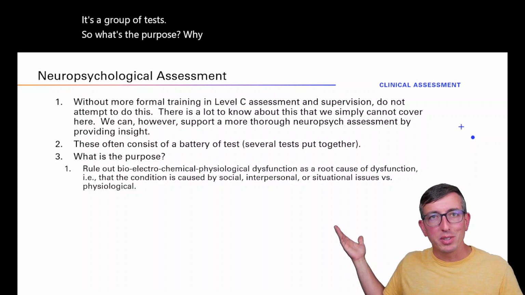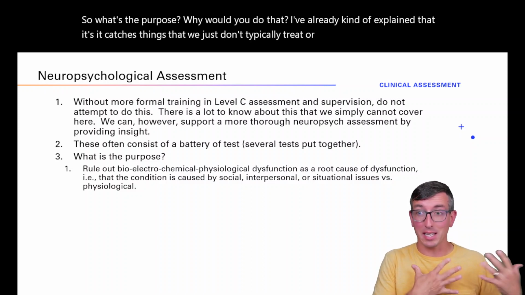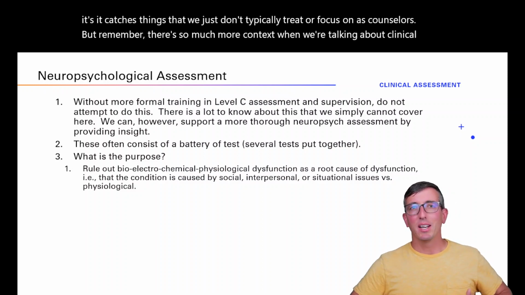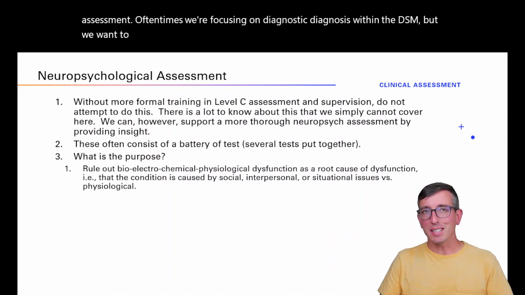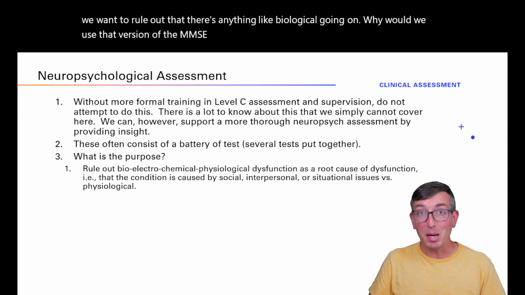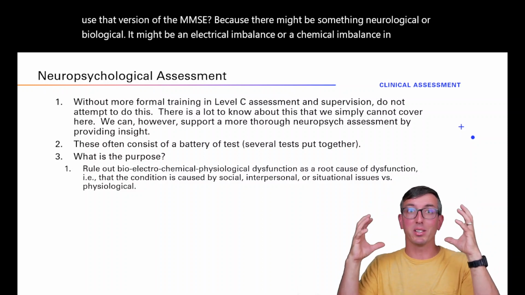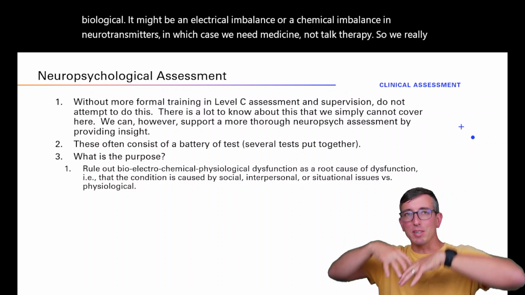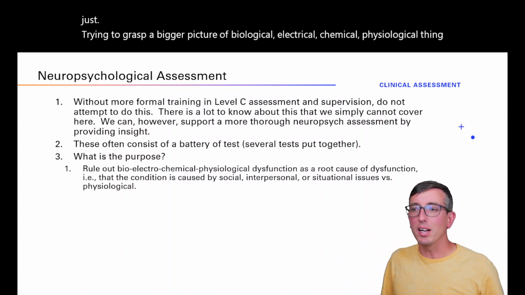So what's the purpose? Why would you do that? I've already kind of explained that it catches things that we just don't typically treat or focus on as counselors. But remember, there's so much more context. When we're talking about clinical assessment, oftentimes we're focusing on diagnosis within the DSM, but we want to rule out that there's anything biological going on. Why would we use that version of the MMSE? Because there might be something neurological or biological. It might be an electrical imbalance or a chemical imbalance in neurotransmitters, in which case we need medicine, not talk therapy. So it's just trying to grasp a bigger picture of biological, electrical, chemical, physiological things going on